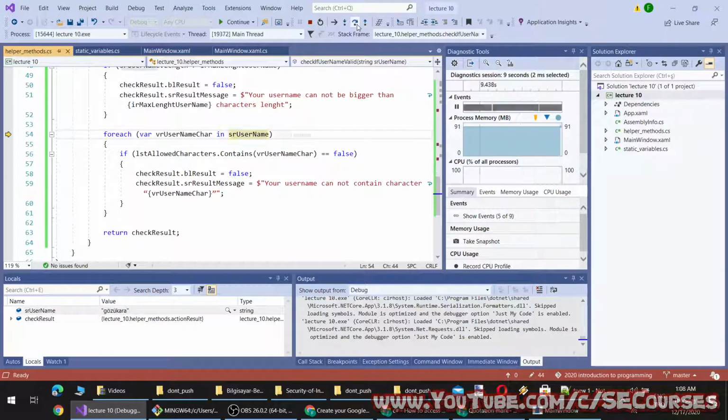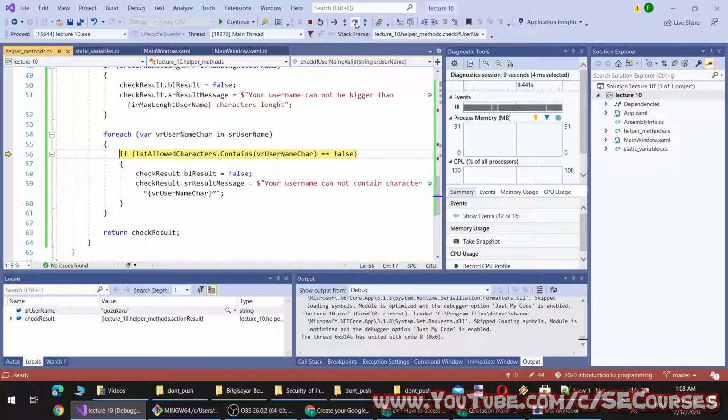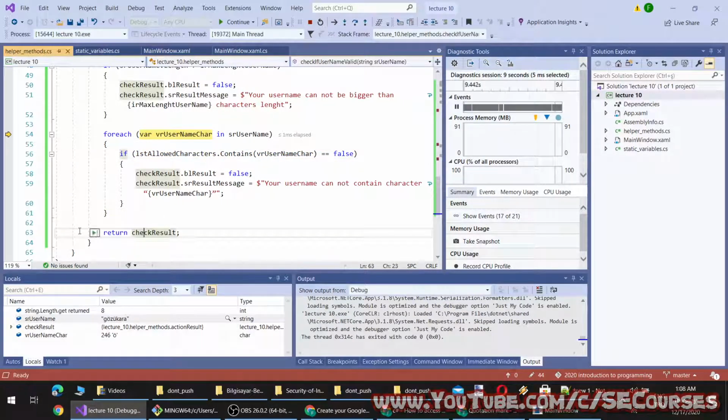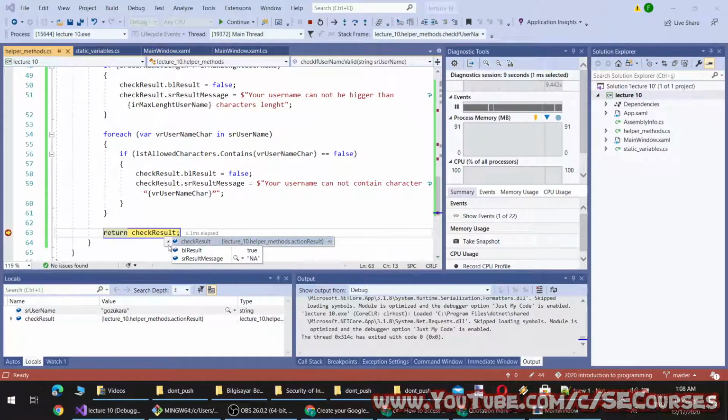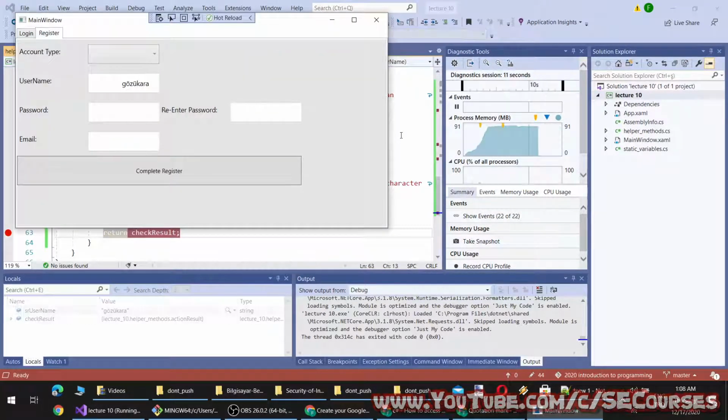Then it will check each character of the username with our list. Okay, you see it is going to check small g, and the list contains it, therefore continue, and then finally it will return the result. Okay, so the result is true, therefore no result message is returned.